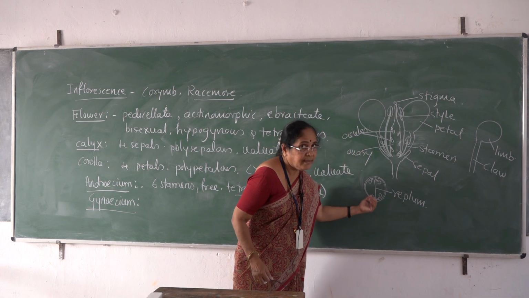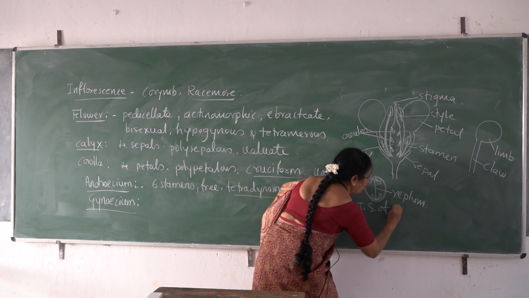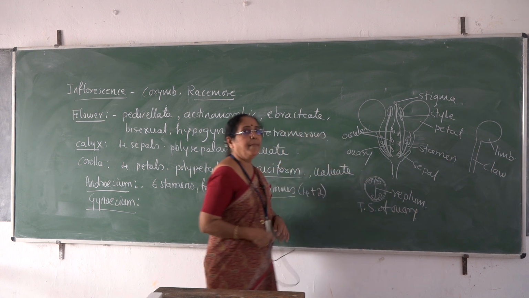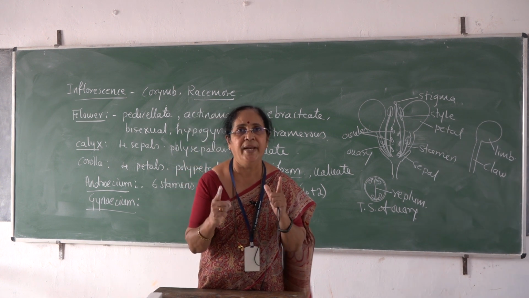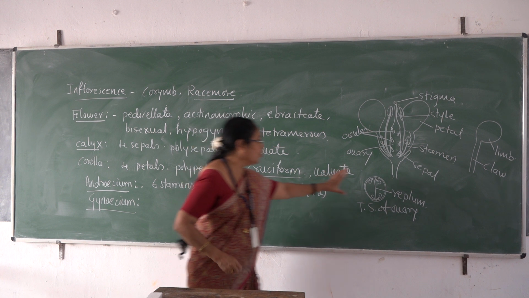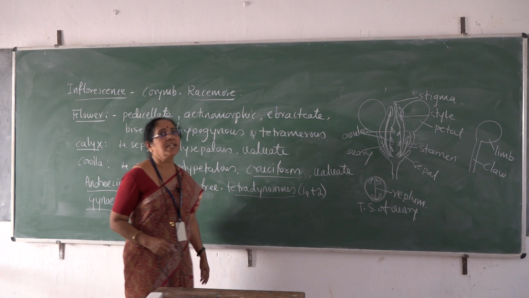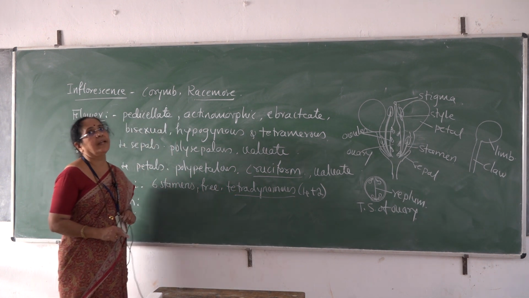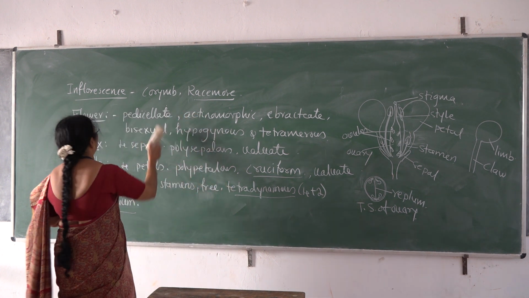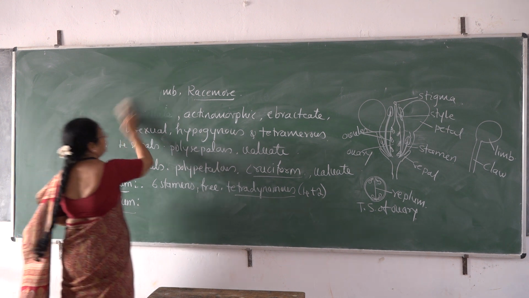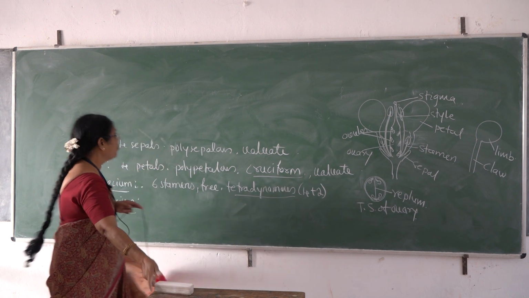You can see in the diagram that this is the transverse section of the ovary, TS of ovary, and you can clearly make out this is parietal because the ovules are arranged on the inner walls of the ovary. At two corners you find the ovules attached, and this placentation is called parietal placentation. And these are the characteristic features for the gynoecium of family Brassicaceae members. Then the fruits. Characteristic fruits of the family.